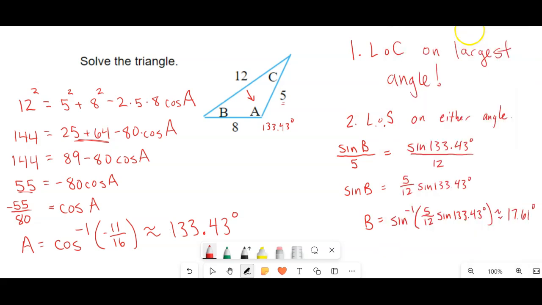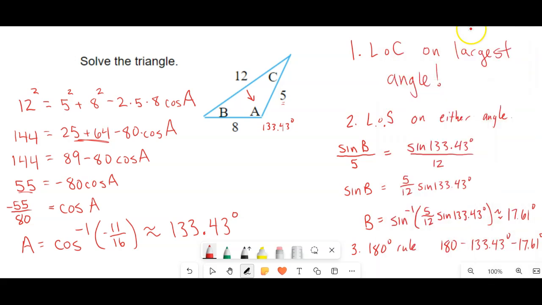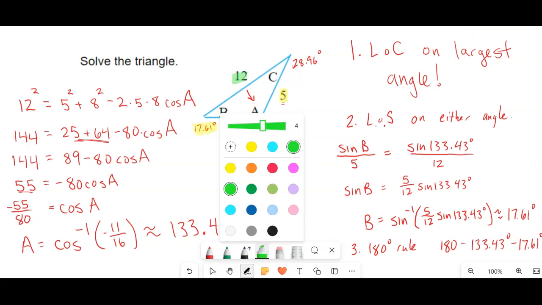Alright, and then third, the 180 rule. And that'll find my third and final angle measure. So 180 minus the 133.43 minus 17.61, it's 28.96. Alright, it should always be the case that the smallest side length is opposite the smallest angle, the largest side